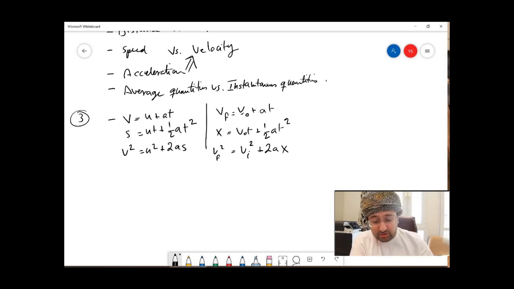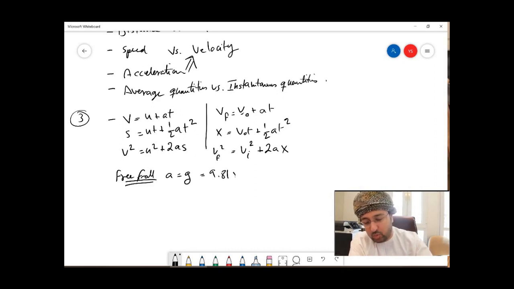From there, we took a special case. Okay, we said, okay, we are going to take a look at the case of free fall, in which the only force acting is gravity. And for that, we said our a is equal to g, and we said that is equal to 9.81 meters per second squared. And we said whether it is positive up or positive down depends on our choice of frame of reference. Okay, sometimes you can take it plus, sometimes minus, as long as once you have decided which is plus, which is minus, we cannot change it later on in the question. We have to stick with that.